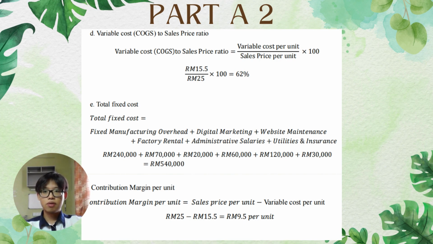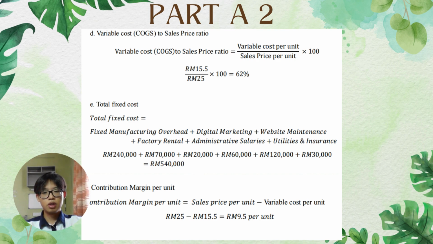To calculate the total fixed cost, we just need to sum up all the fixed costs, which is fixed manufacturing overhead, digital marketing, website maintenance, factory rental, administrative salaries, utilities and insurance, and what we'll get is 540,000. To calculate the contribution margin per unit, we just need to take the sales price per unit minus the variable cost per unit, and what we will get is